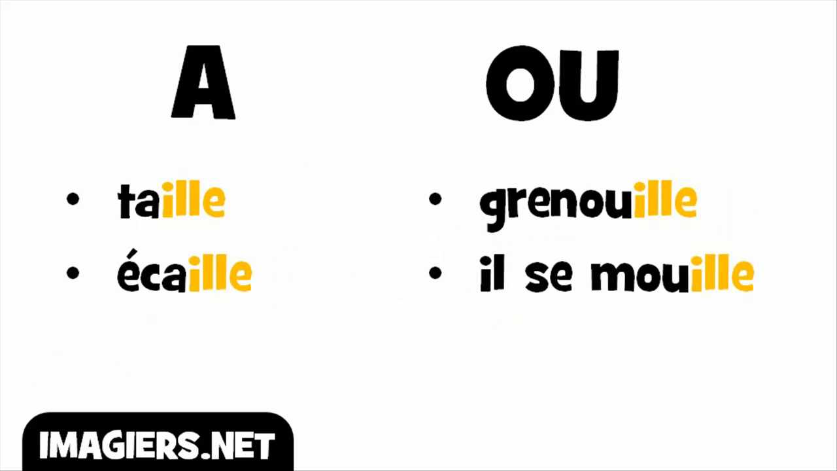So let's see a few examples now. With the vowel A here, we've got TA and then ILLE, so this sound is Y, so we get the word taille. Same thing here, you get this ILLE, so y sound, and then the full word goes like écaille. Now we'll see how it works with the OU sound. Well, basically it's the same. You get this ILLE, so y,